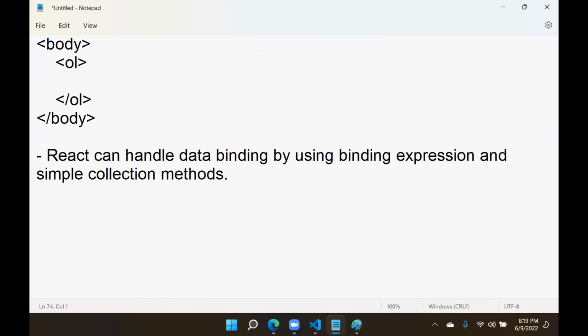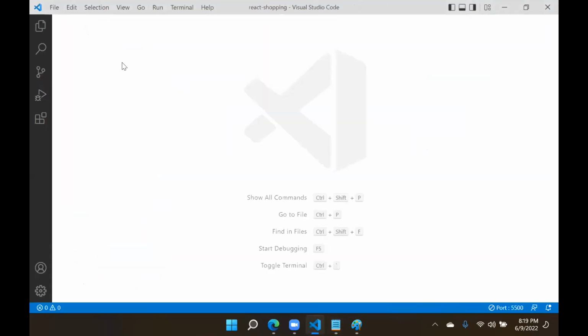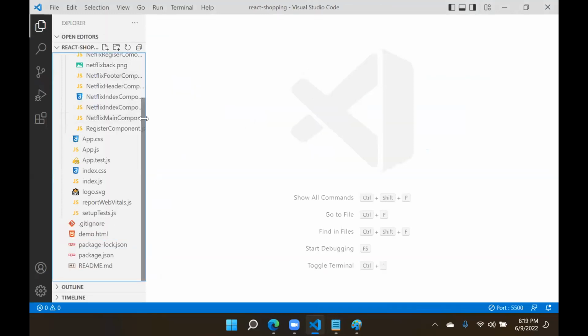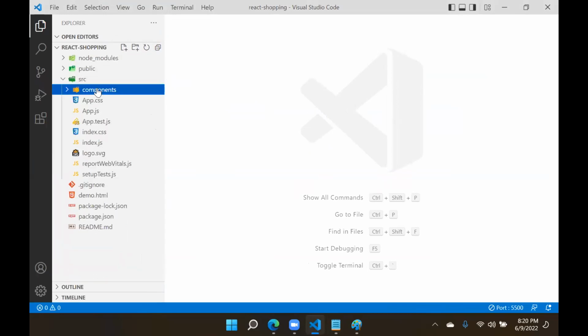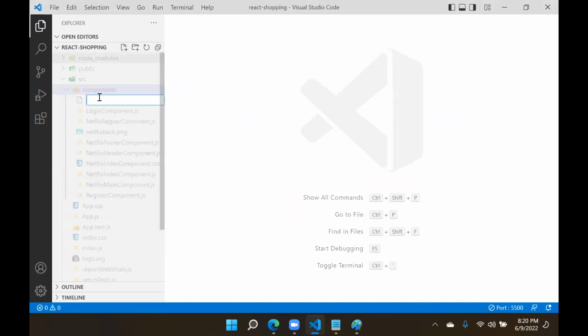Let's see how we can do this, how we can access and bind the data. Let's see how React can handle data binding by using a simple binding expression. I will create a component here now. For every example, we will create one component and use it. I will add a new component in the components folder and call it data binding